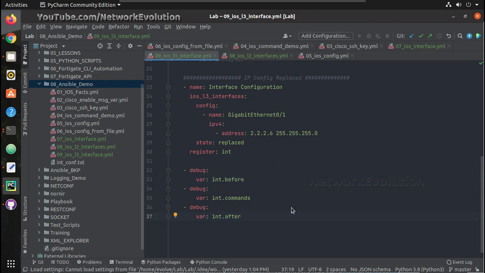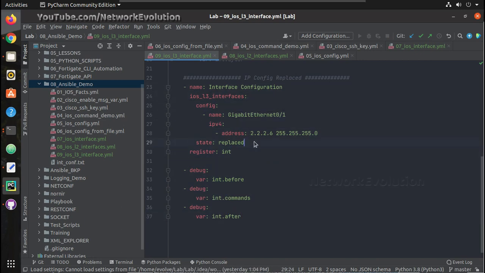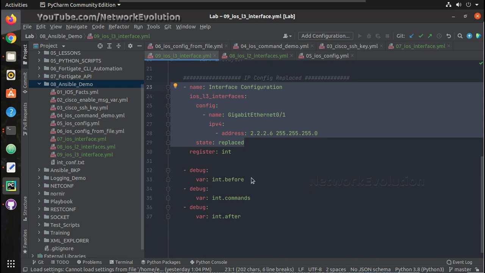Now we'll see how the deleted state works. I'll copy this.